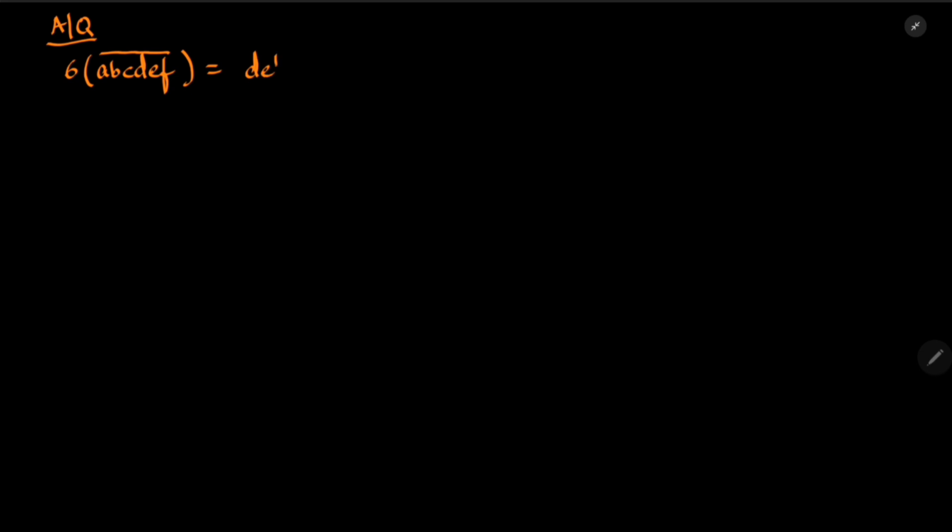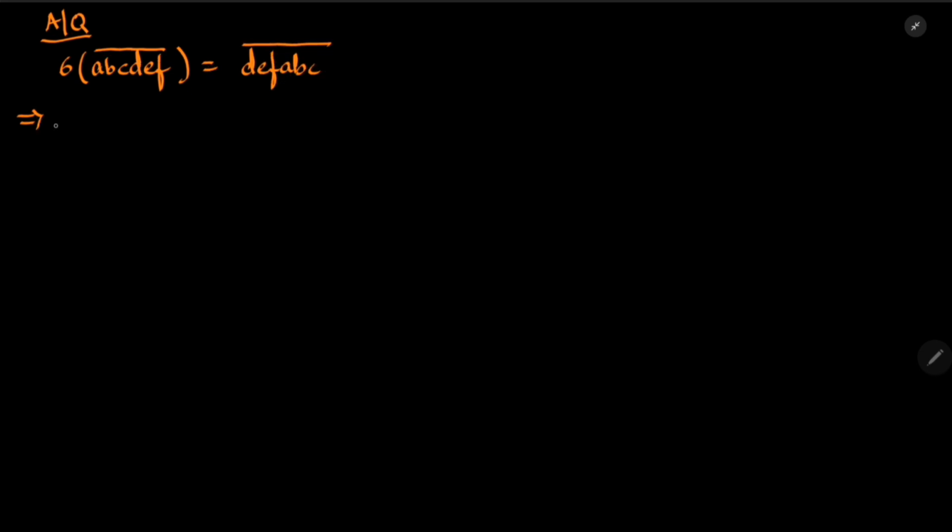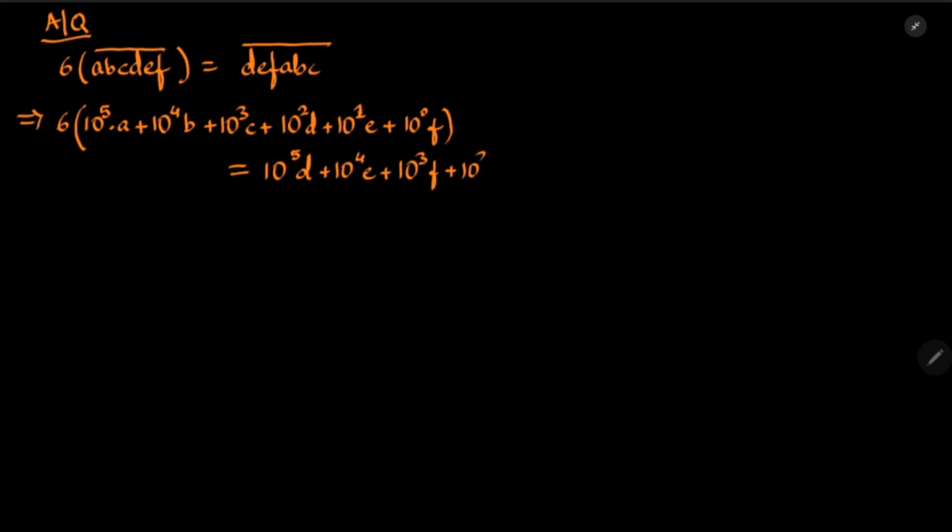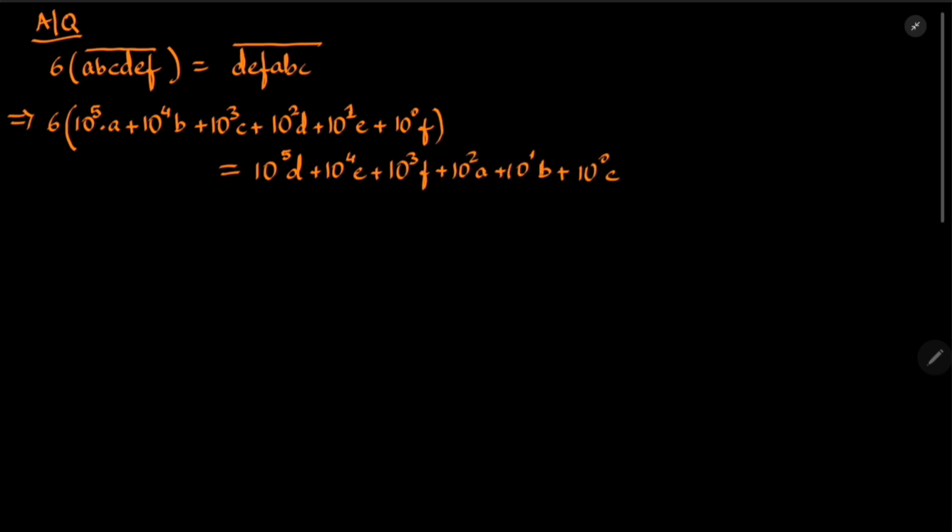So, according to the question, we have 6 times abcdef equal to defabc. So now we'll expand these numbers in the same way we have seen in the previous concept. So it will become 6 times (10 to the power 5 times a plus 10 power 4 b plus 10 cube c plus 10 square d plus 10 power 1 e plus 10 power 0 f) would be equal to 10 power 5 times d plus 10 power 4 e plus 10 cube f plus 10 square a